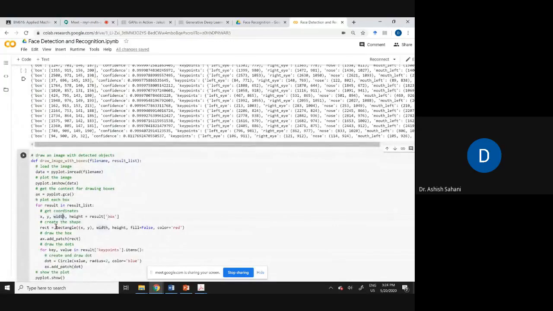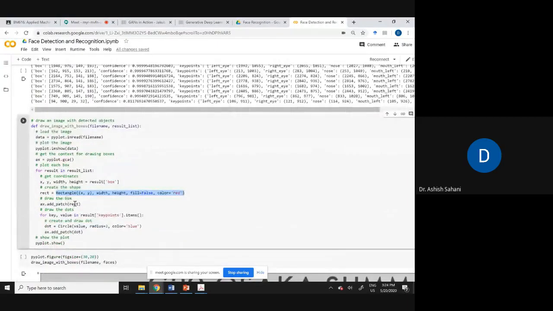I'm drawing a rectangle around each of these faces on the original image, and I am adding circles of radius 2 around the key points. Okay. And then I am showing that image here.